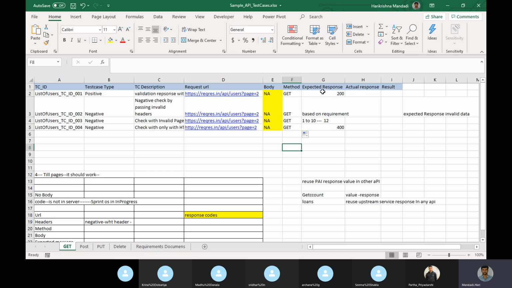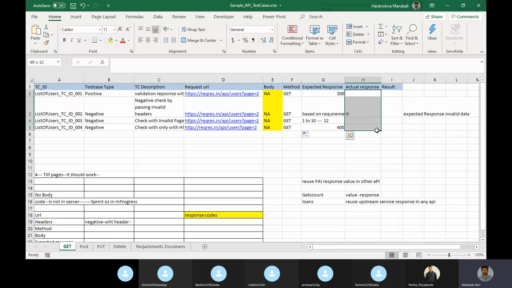The expected response is also given to us under the Jira, or in the backlog grooming, where they will explain very clearly. At that time you will understand, or under the Jira user story you will understand.